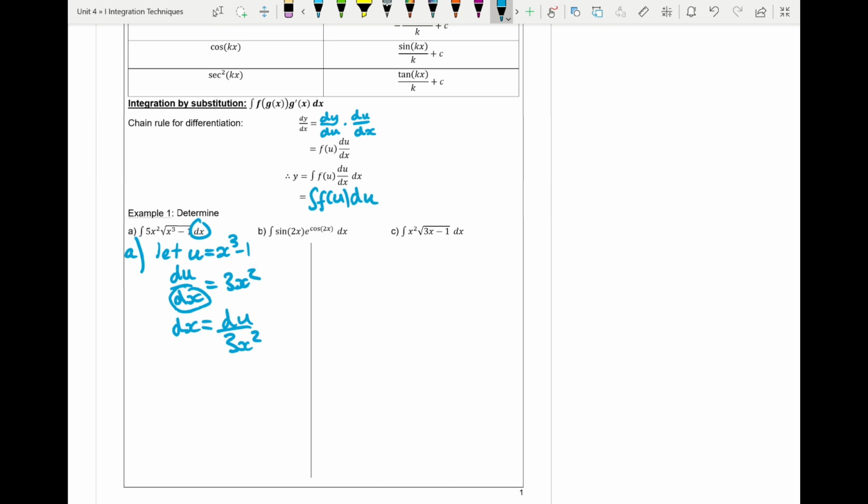So if we substitute that back in and replace our x cubed take 1 term with u, we get the following. And so what we can see here is that the x squared term at the front cancels out with our change in variable. So we've changed from the variable x to the variable u, and by doing that, we've eliminated the product of functions. We turn it into just a single function. So these x squareds cancel,